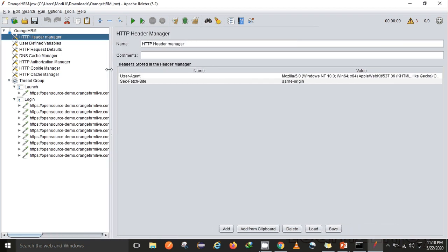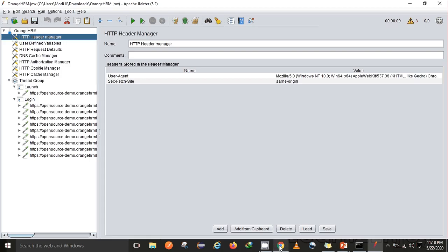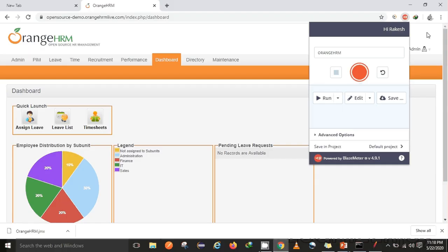It was quite easy. What we need to do, if I can show you once again, is just go to your Chrome Web Store, add this Blazemeter plugin, and with the help of that plugin you can easily record every action you perform in your GUI, as those requests are being made to the server internally. So what this plugin does is it intercepts the network. Whatever calls are made with the Chrome browser are recorded, and that too for this particular tab.